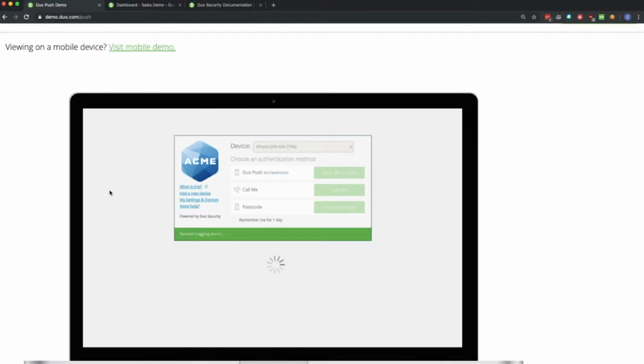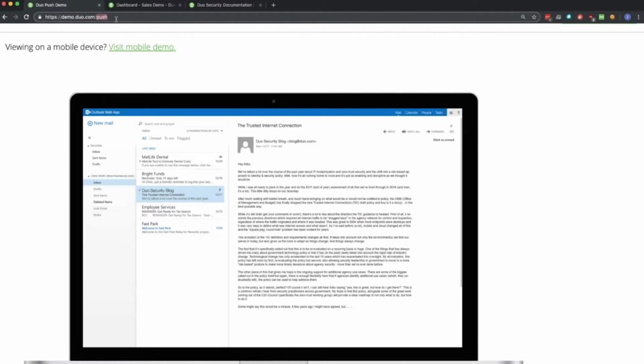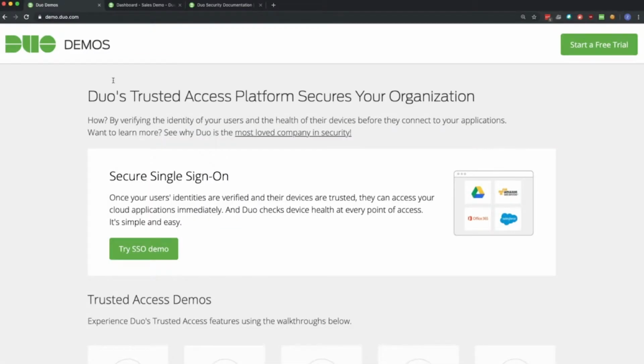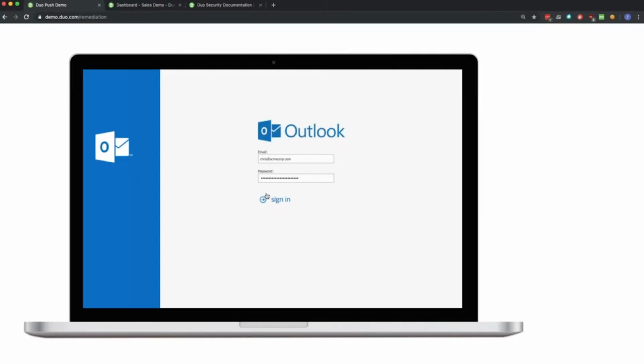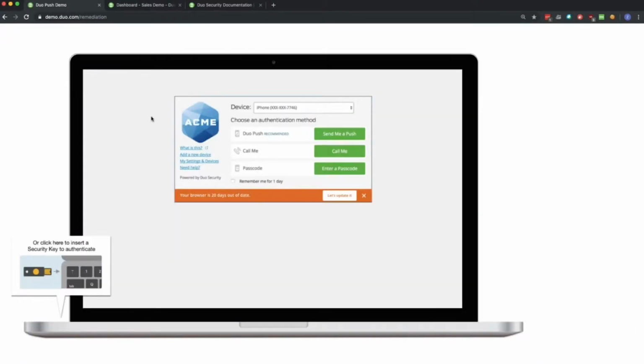Now I want to flip over and make the most of our time here, but very, very quickly, I want to show one more scenario. Let's talk self-remediation. So we're about to flip over into the admin panel and take a look at what is encompassed in device insight, going beyond just validating the user and allowing us to take a look at the health of devices that are being used to access our protected data. In that scenario, if the user has a device that is out of date, we want to provide that feedback back to them, and if possible, give them a way to remediate immediately. Again, avoiding that downtime and getting the fastest speed to security possible.